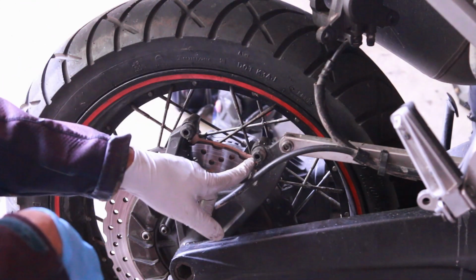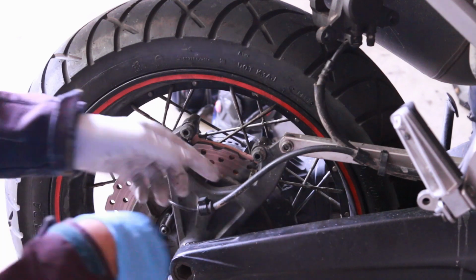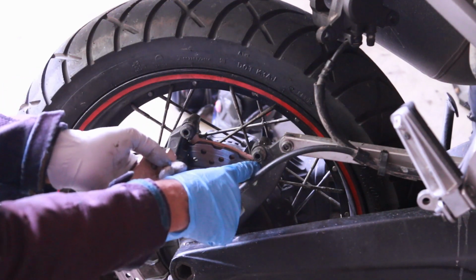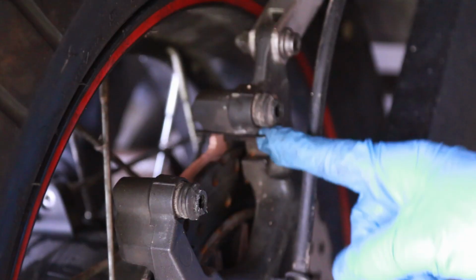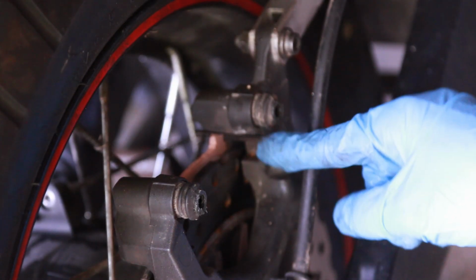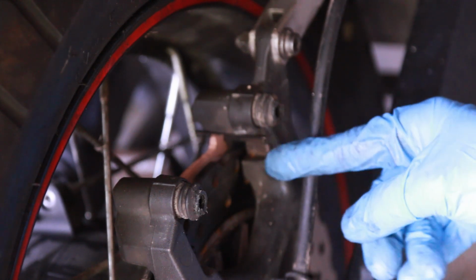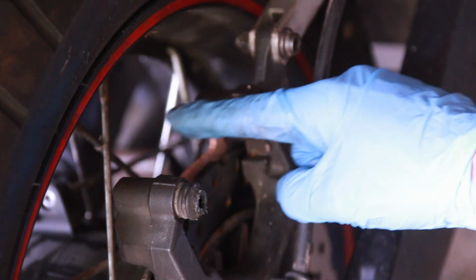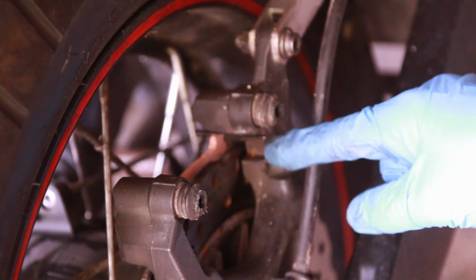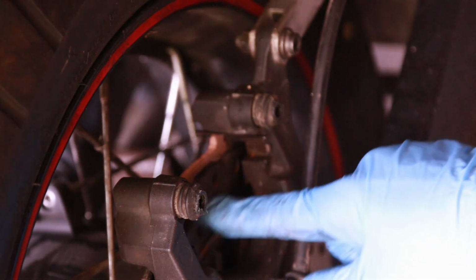So there are these clips on the side. They're two metal clips. Sometimes they could fall off if you're changing your tires and stuff. Keep that in mind. And when I was changing my rear tire, they fell, and I thought, where do these go? Because normally you would have these metal clips up here on the top, but on this brake caliper, there's nothing there. So it took me a while to figure out that they go on each side,